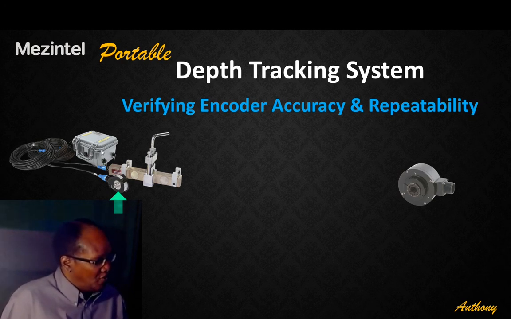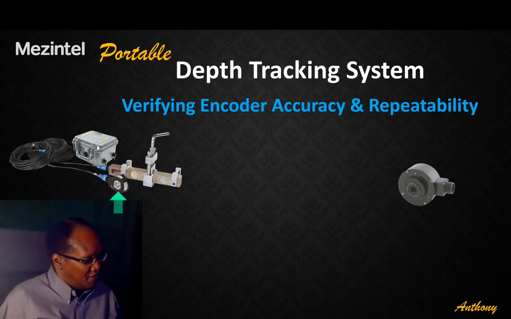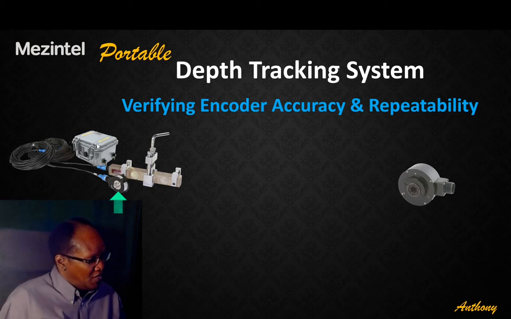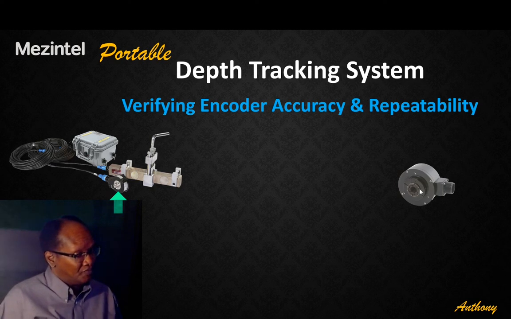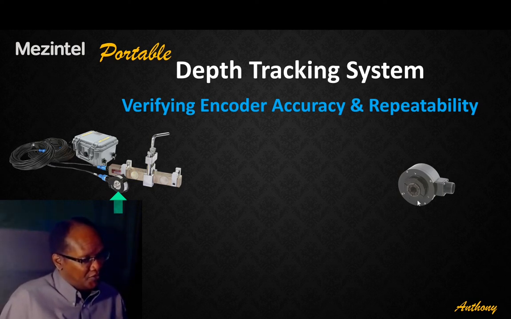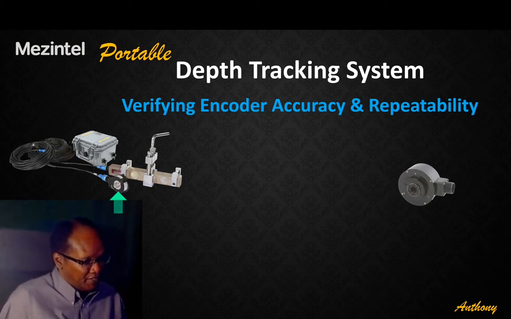The picture you see on the left is the minimum configuration of the Mezintel depth tracking system, which is composed of the gray interface box, also known as the instrumentation box for data acquisition, and then there's the hook load sensor and the encoder. On the right, there is a magnified view of the encoder, which is basically a rotary sensor. And what Mezintel does, it converts the rotation signal into a linear movement of the drill pipe, and henceforth the bit depth. The green arrow just points to the fact that today's focus is on the